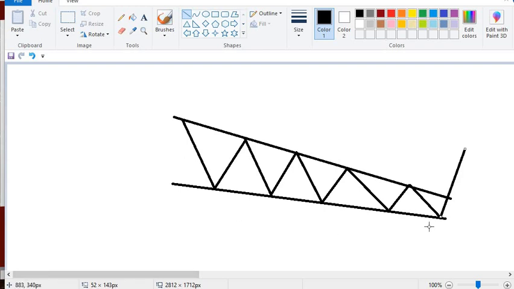So how to trade it? The best way to trade it is to set our entry, our pending order, above the sloping resistance, or the second way we can trade it is on the retest of the previous high, which will act as a support now, or on the retest of the trend line. So these are the two ways we are going to trade rising wedges and falling wedges. Now let me take you to the charts to show you how it appears